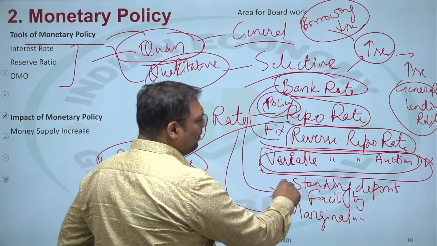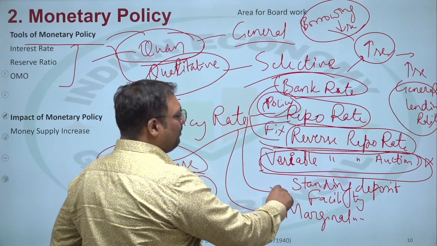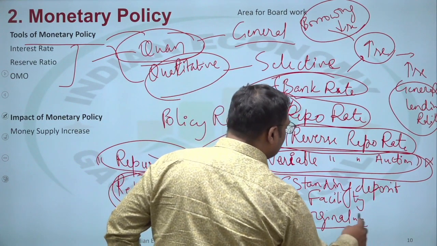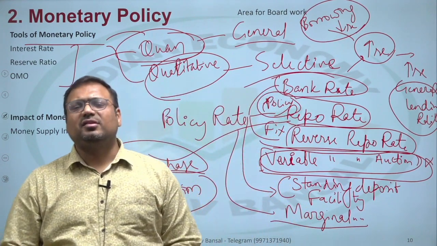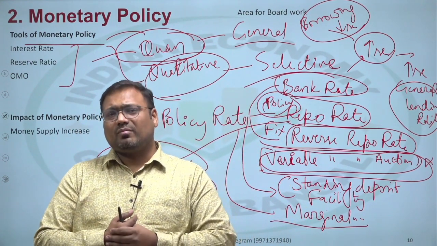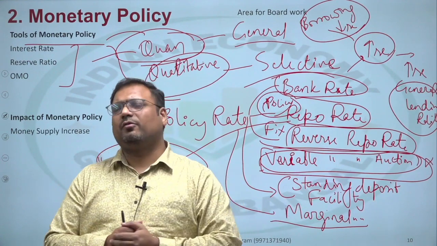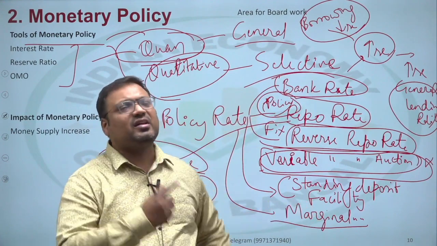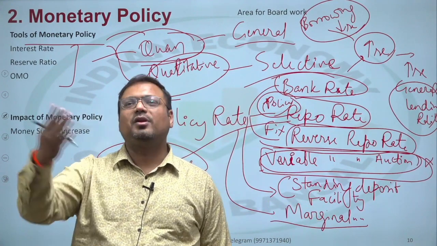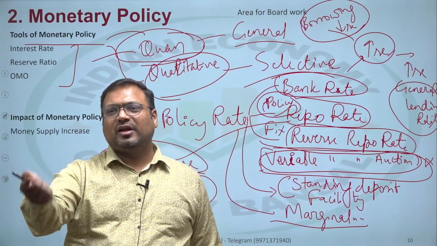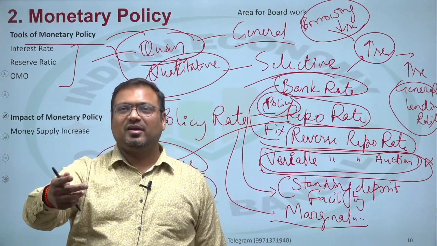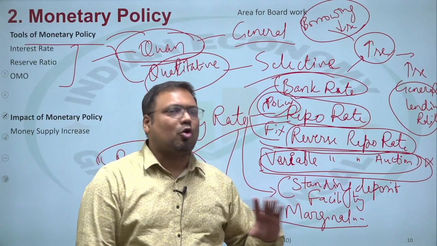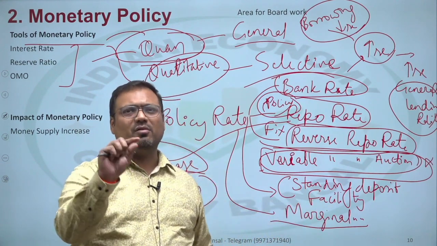The lowest rate is the fixed reverse repo rate. This is not the lowest. And then we have the marginal standing facility. This is for a one night loan. This is also a borrowing facility from RBI. It is very much like repo. This is a one night repo, meaning you can borrow today and you have to repay tomorrow. You sell your bond, you get money against it. Next day, you will repurchase your bond and give back the money. So this is very short term, almost marginal, very immediate.